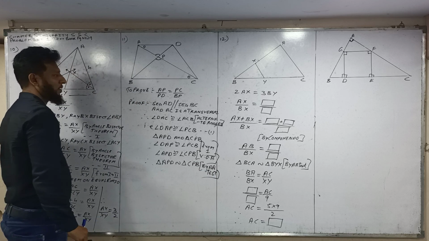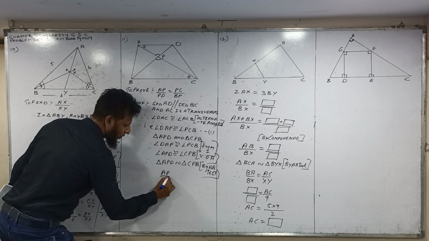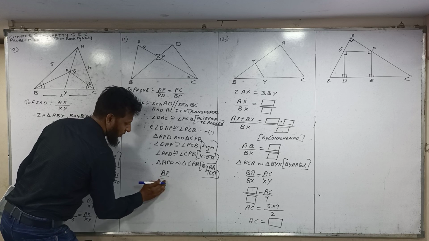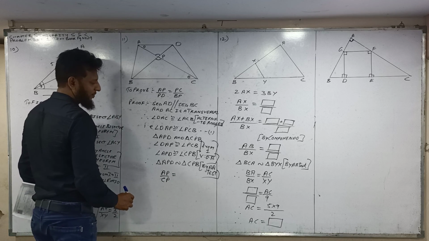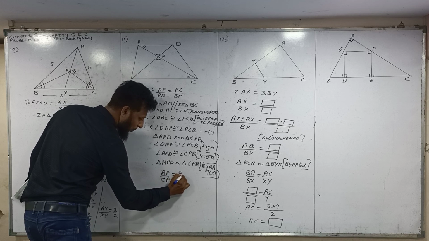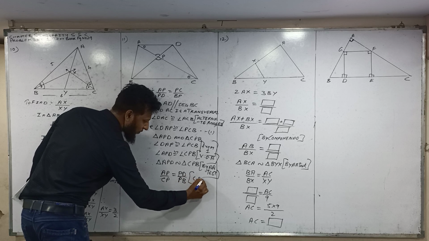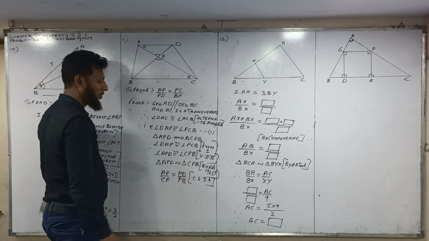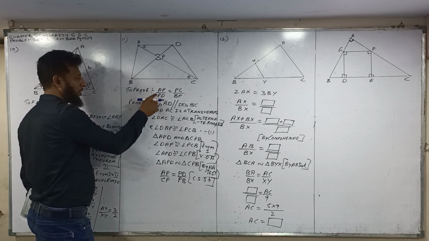When the triangles are similar, then the corresponding sides are proportional. AP is proportional to CP. See the question also, which side we have to take, and PD. So PD is proportional to PB, corresponding side of similar triangle. So there is AD and CB also. We want this side, so we will not take this side. But our proportion is AP upon PD.